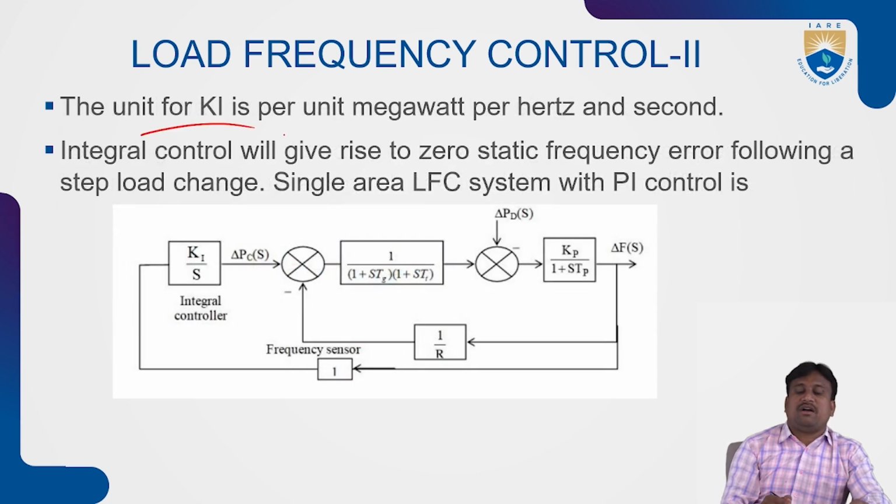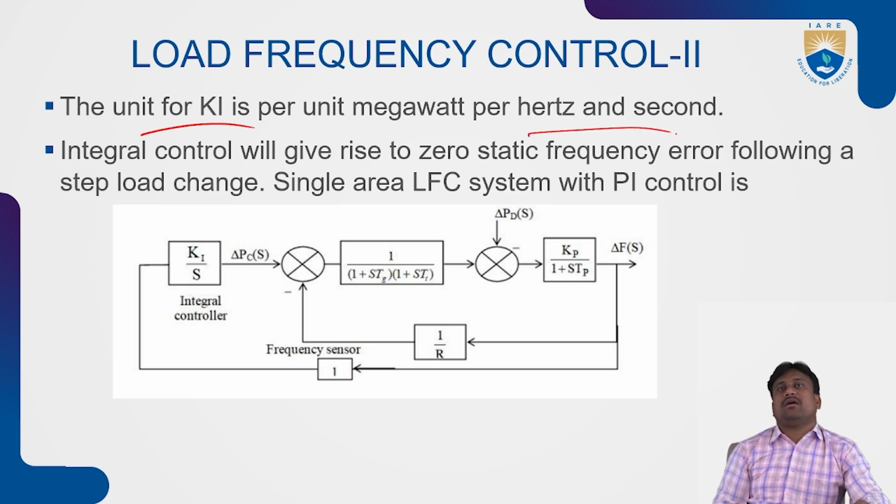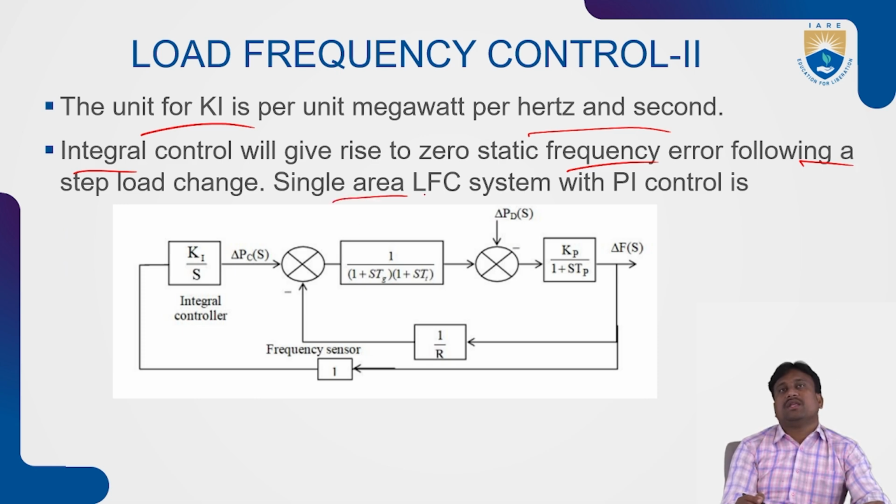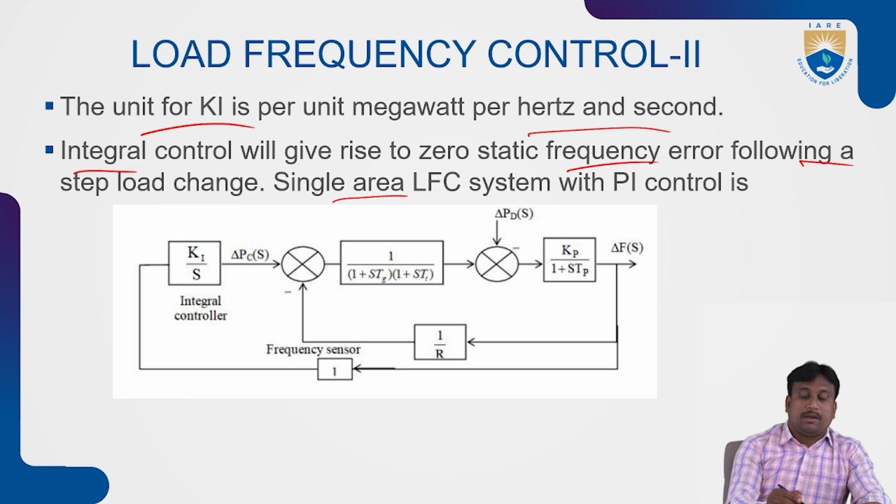So here the unit of K is per unit megawatt per hertz, and per second is also considered to make the integral action. So integral control gives rise to zero static frequency error following a step load change. That means the single area load frequency control system with the PI control action is ready to nullify the errors produced. That means the integral controller makes Ki by S, which is connected to